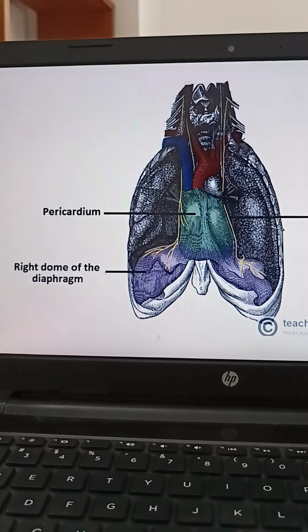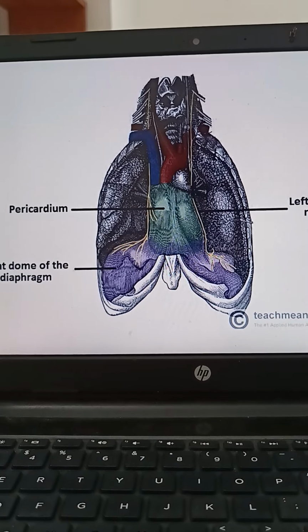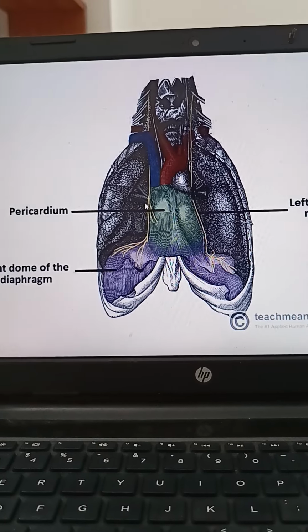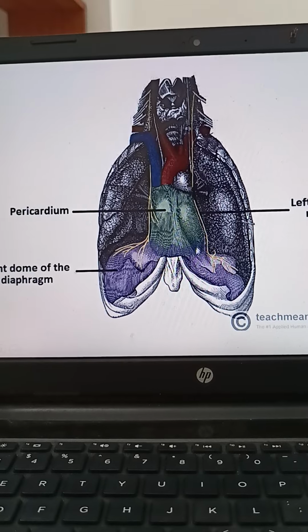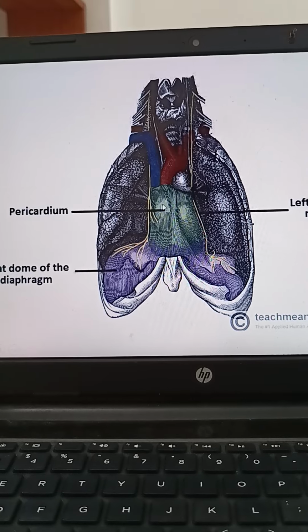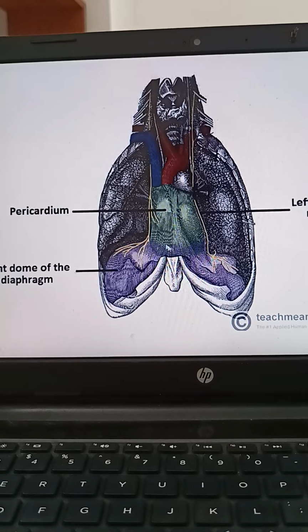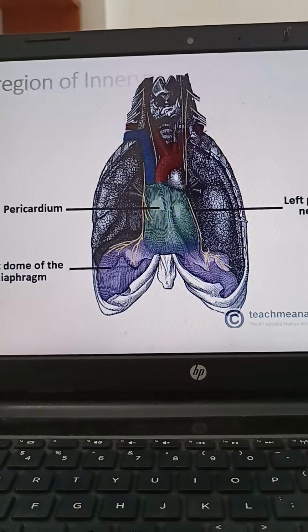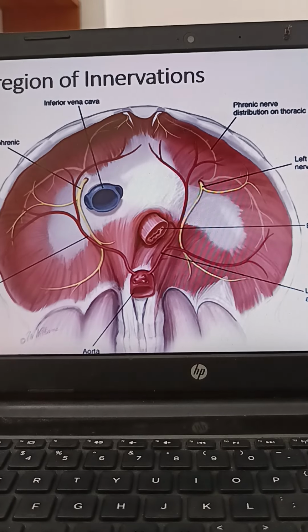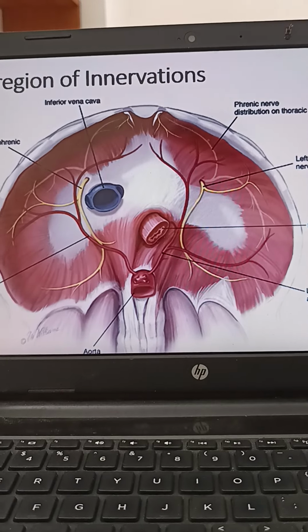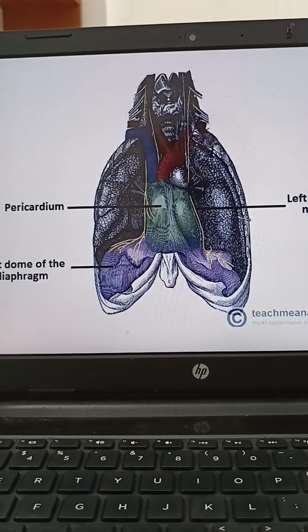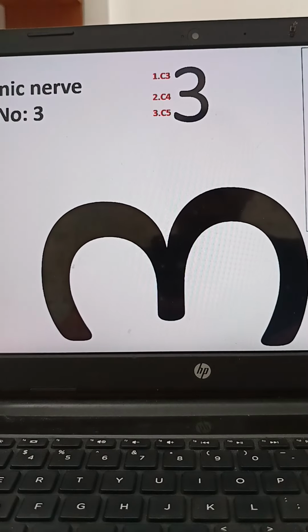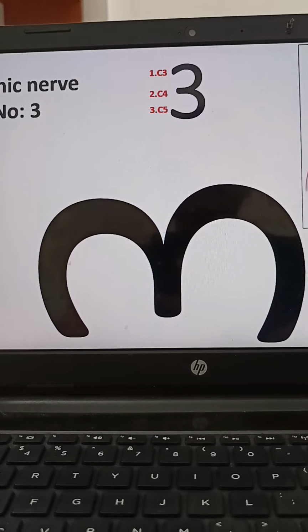The third region is the pericardium. You can see the phrenic nerve is cruising along the pericardium. So the green color pericardium, the sensory supply to the pericardium, is also given by the phrenic nerve. So the 3 supplies of the phrenic nerve are the muscular part of the diaphragm, the central tendon of the diaphragm, and the pericardium. And these 3 start from C3, C4, C5, and